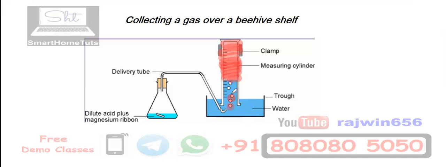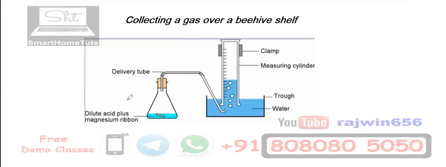As the bubbles of gas are collected, they are going to push this water level down, and from here, this will be the 0 level. We are going to measure the volume of the gas. Obviously in all these cases you have to see that there is no leakage of gas through the bung or any part of the apparatus.